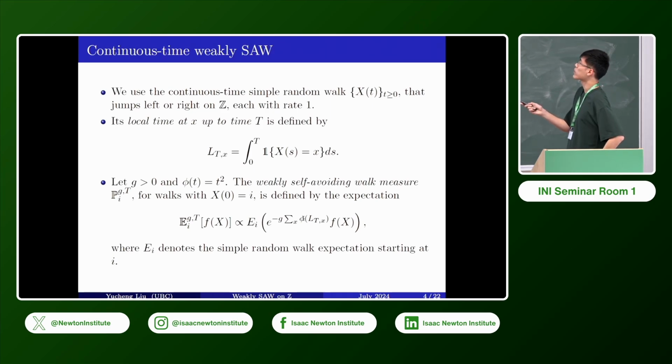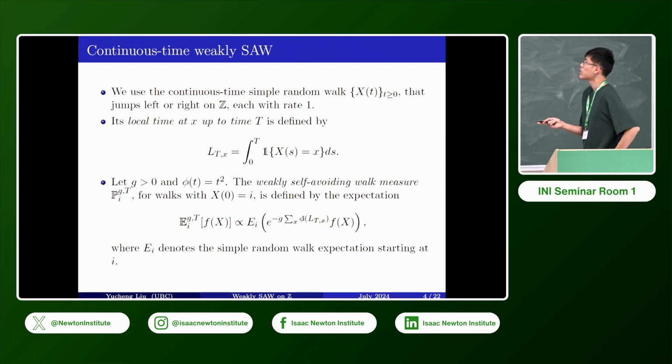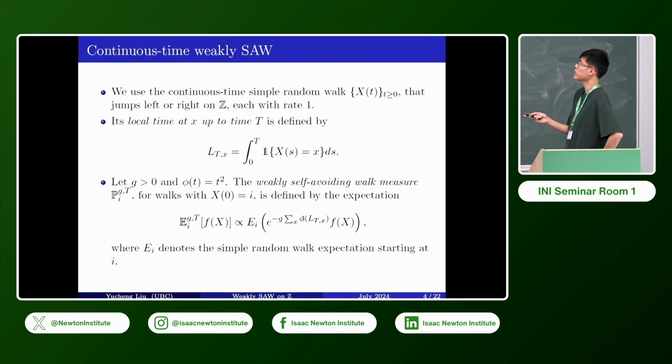By the way, this simple random walk is essentially that we have a Poisson clock, and we are equally likely to jump to the left and jump to the right, each with rate 1. And to define the model, we again have some parameter g bigger than 0, and the notation phi of t is t squared. This is exactly the L2 norm of the local time. And the weakly self-avoiding walk measure is defined analogously by the expectation of the function with respect to simple random walk, weighted by the exponential